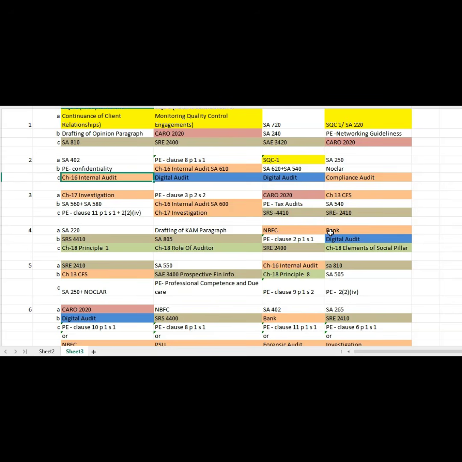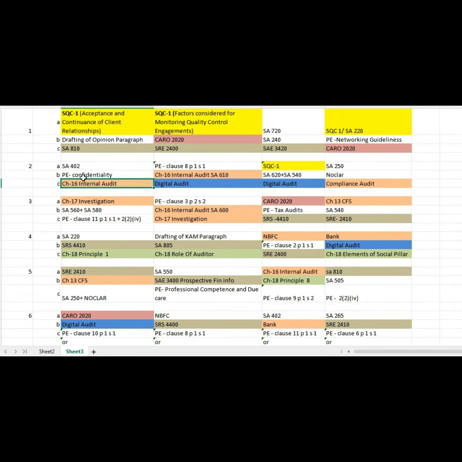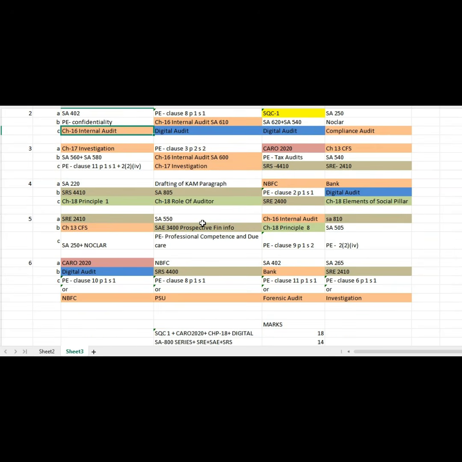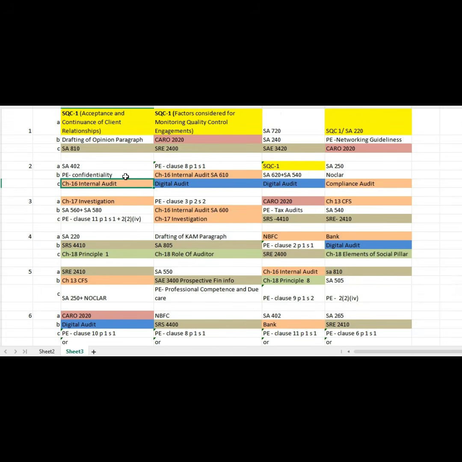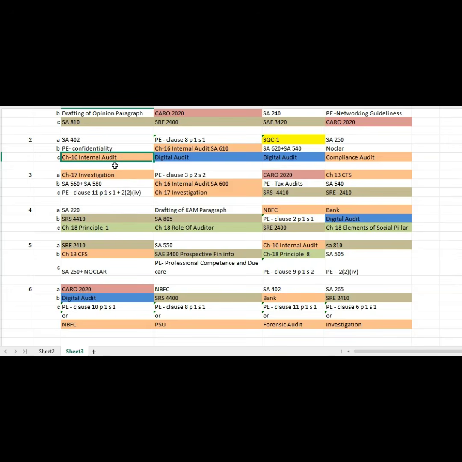As I discussed earlier, I would suggest going for chapters 13 to 17 instead of the standards on auditing. If you focus on these areas, this investigation part, you will be very thorough. If you spend one day on each topic, chapter 15, 16, 17, each on one day, you can cover these chapters in around 6 or 7 days, a week's time. That's how you will be completing these areas.